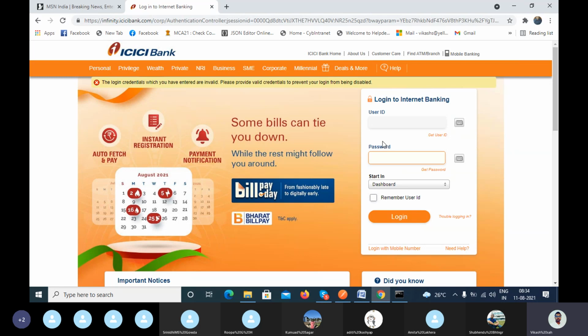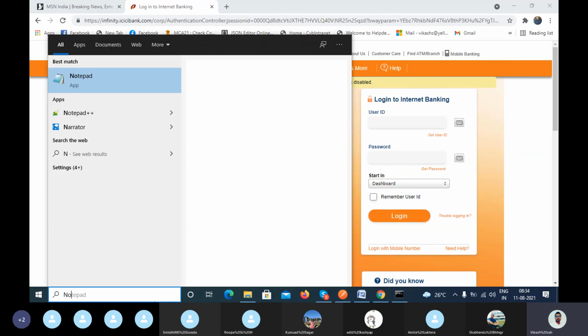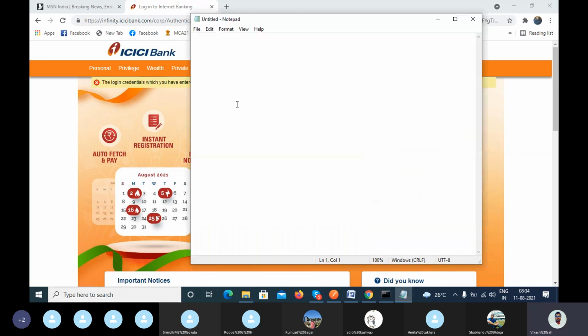Let me open my notepad. So the first way of authentication is verifying the credentials. How are we verifying? With username and password. In some applications we use email ID.